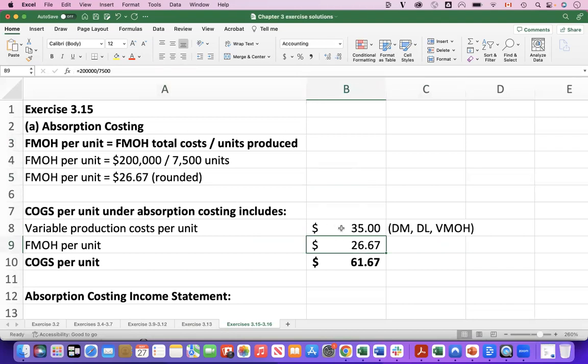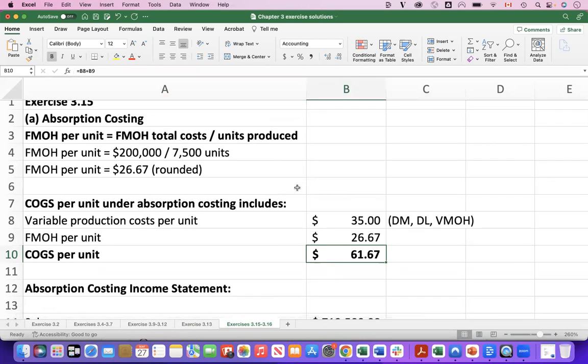We add that to our variable production cost per unit of $35. We get a COGS, or cost of goods sold per unit, of $61.67. That'd be a very expensive basketball, a $61,000 basketball. I'd love to see that. But we get a product cost per unit under absorption costing of